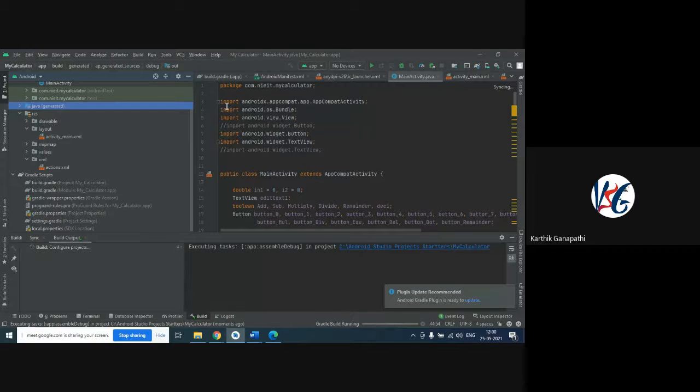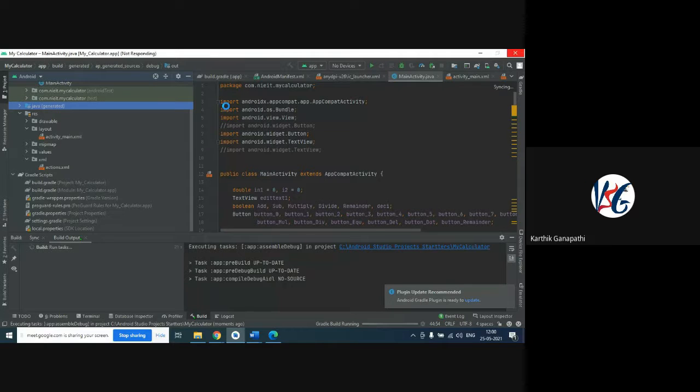It is going to synchronize all the components in our application, such as our Java code, the XML, and the Gradle files. All these things are synchronized together, and it will provide an output as an APK file.